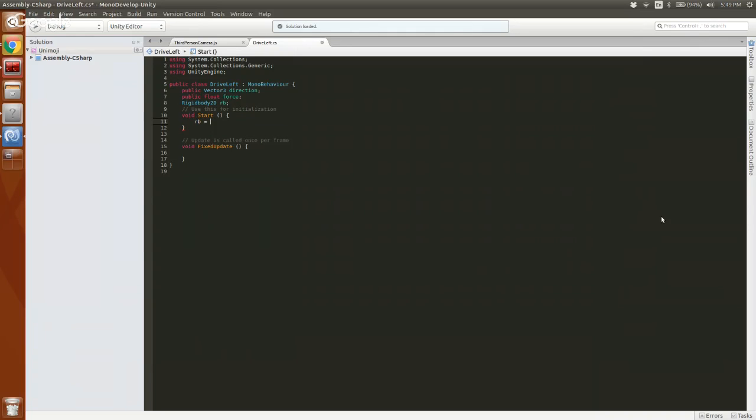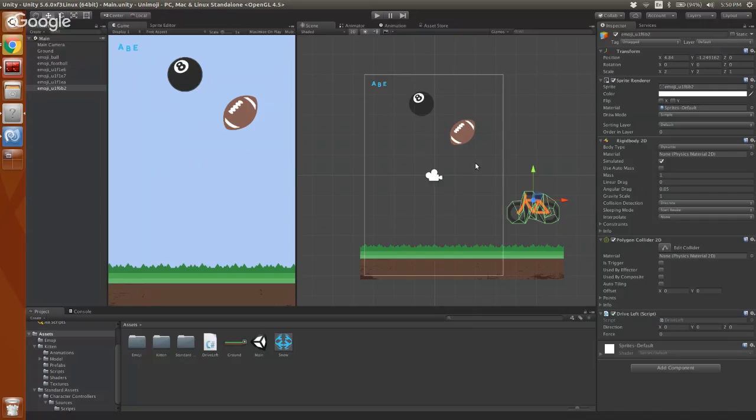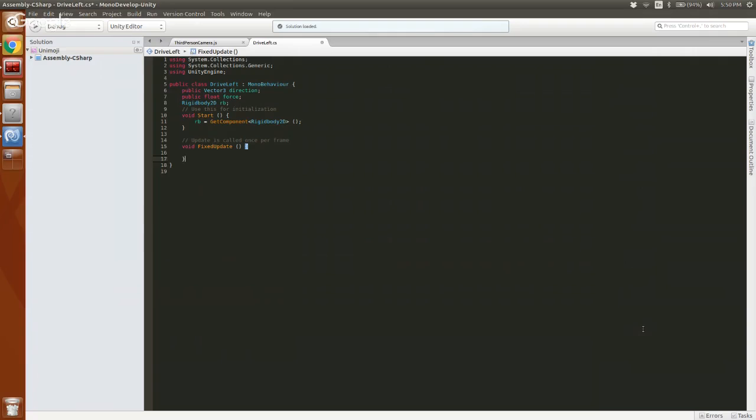So if we go back to our start, and this isn't horribly important to understand, I'm going to call get component and pass in the name rigid body 2D. So all this is doing is saying this rigid body is now set to the instance of the rigid body on my bicycle. It's not any other one. It is the rigid body that is in the same inspector as my drive left script.